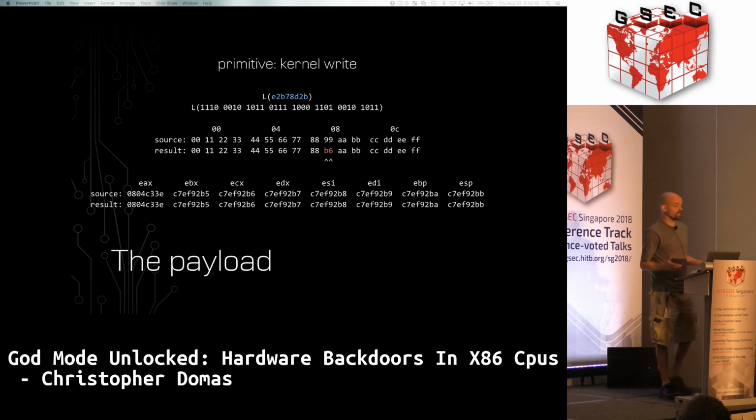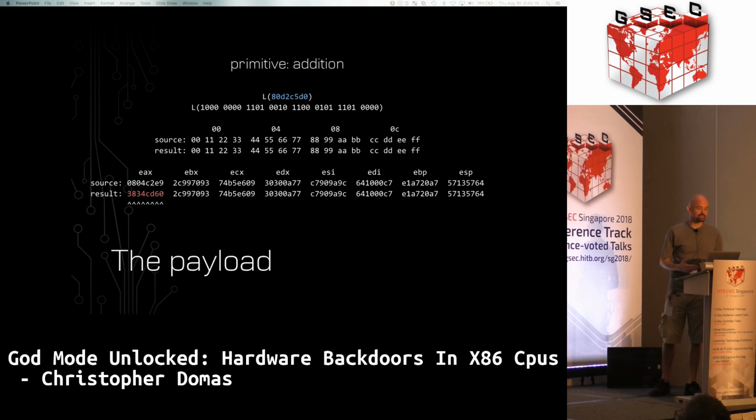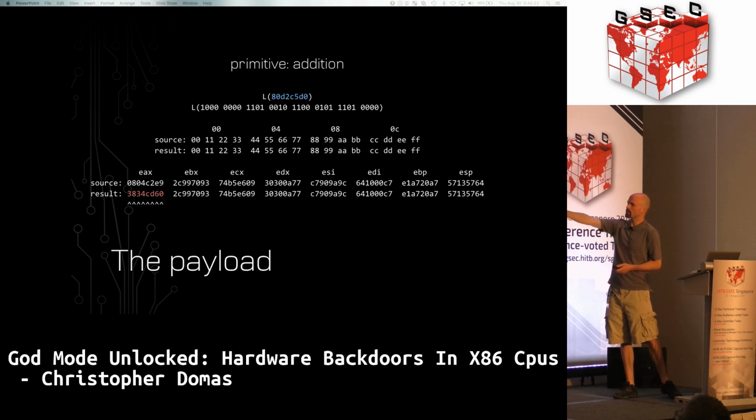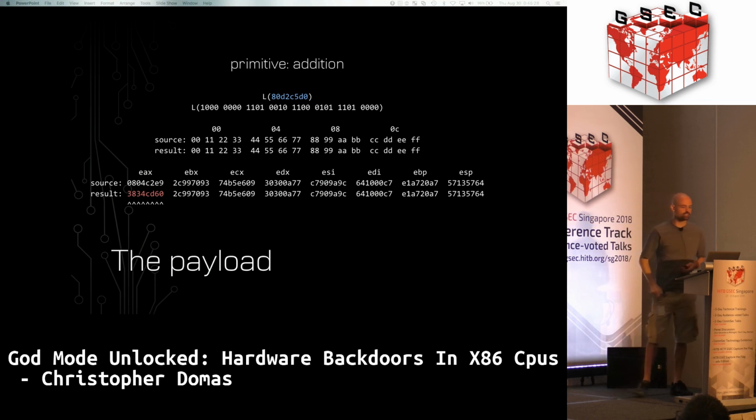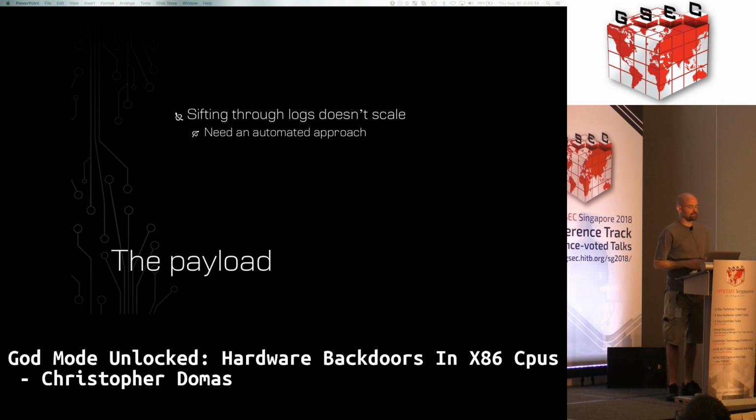So we've got all the building blocks we should need. If we want to write this entire thing in the deeply embedded core, we need primitives like addition. These are a little bit harder to spot when you're just manually going through logs. It's not immediately clear that an addition occurred here unless you're very tediously analyzing all the other registers in your input and output state. You can try to fix that by adding some patterns to your register. But at the end of the day, I came to the conclusion that sifting through logs like this